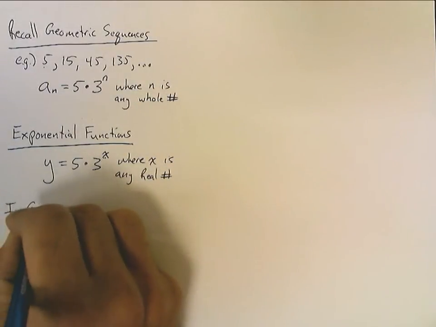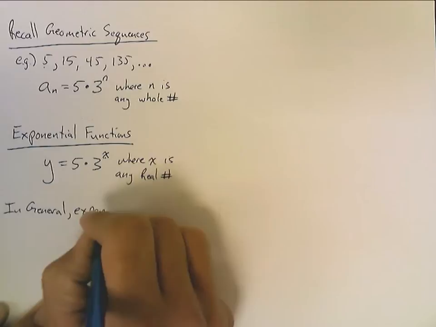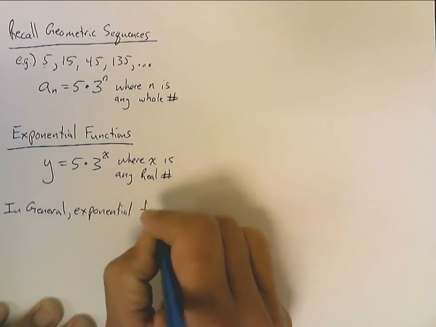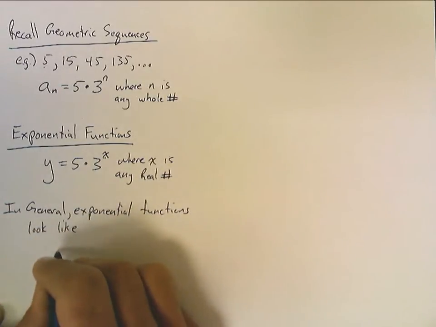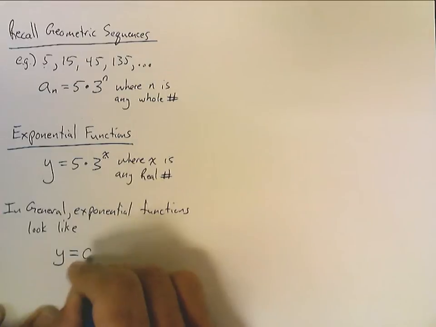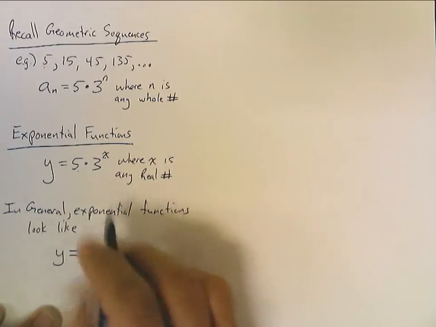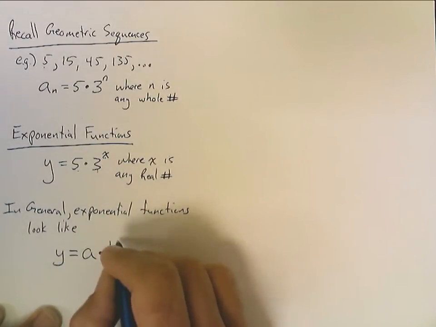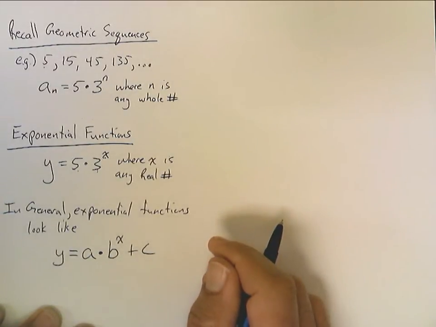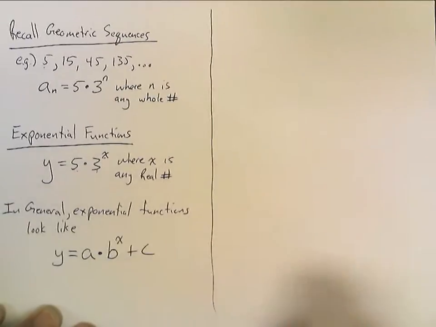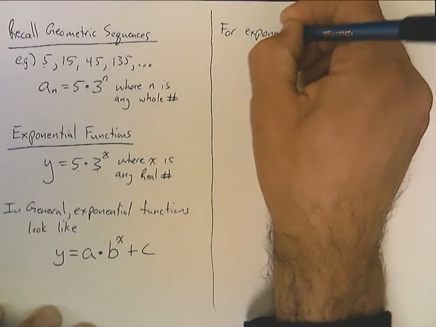In general, these exponential functions are going to look like this. I'm going to take y, and that's going to be equal to some number a, a coefficient like that, times some number b, the base of the exponential, raised to the power of x, and then plus maybe some other number c. But for exponentials, the parent function